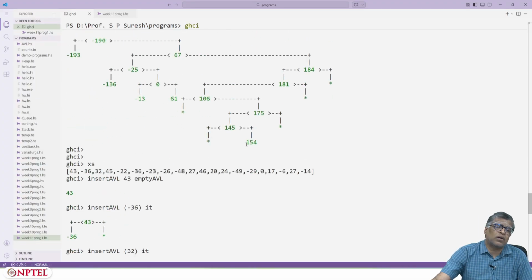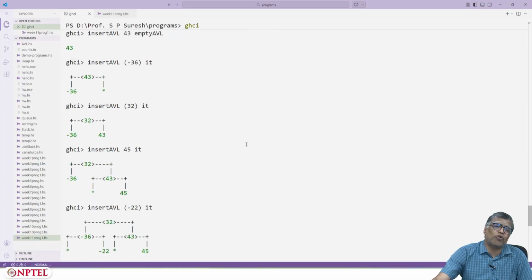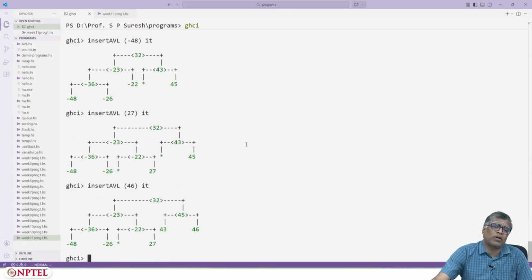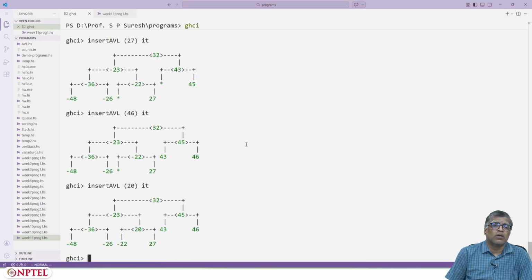After that, it is 20, 24, minus 49. Let's try to remember. Okay, now there are some changes, because 20 should come to the left of 32, to the right of minus 23, to the right of minus 22, and to the left of 27, but then that will create a height imbalance.